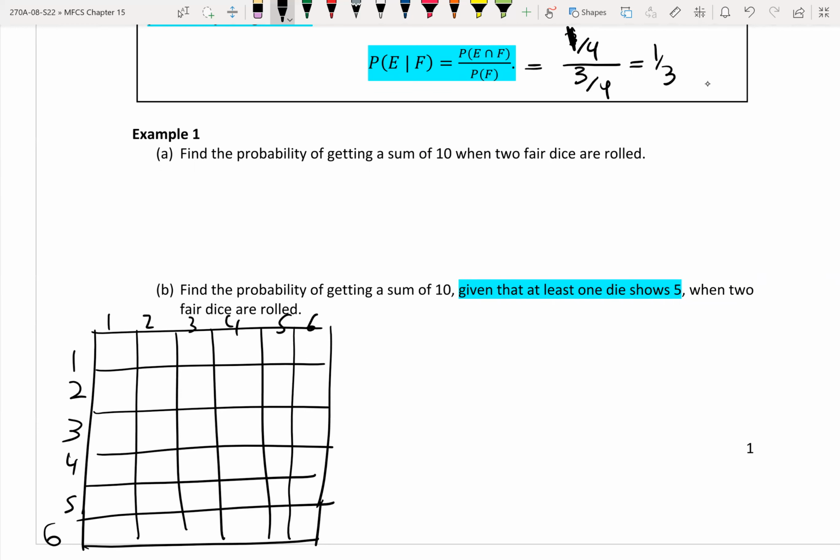Okay, so what's the probability of the sum to be 10? Your sample space, as you see, is 36. So you have a total of 36 different